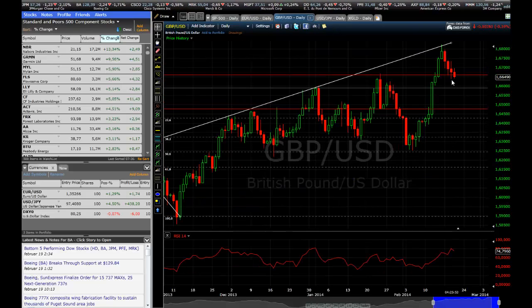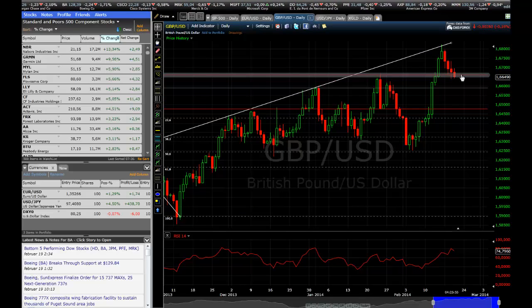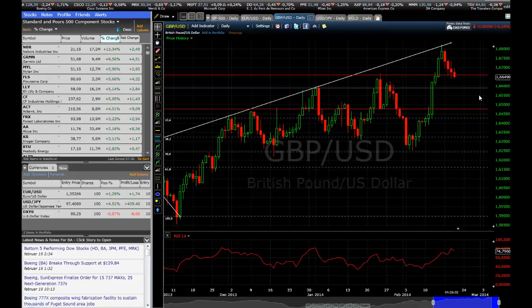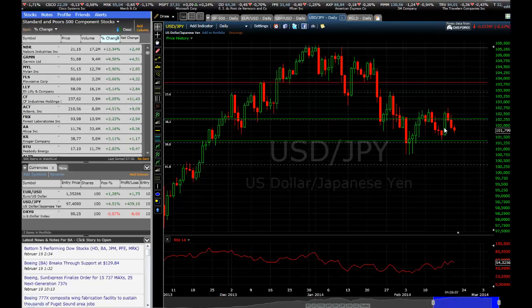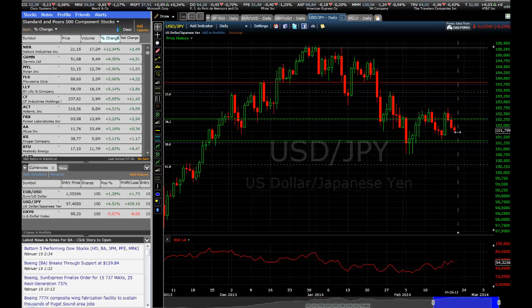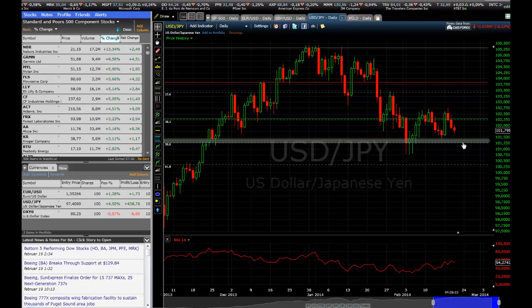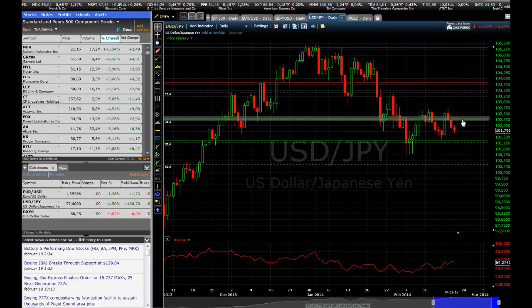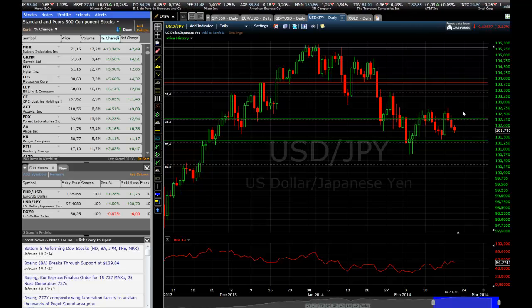The same situation we have here with the pound versus the dollar. It's below previous support, which has now turned into resistance at 166.60. After that, we have 165.65, which is now support. The exception here would be the yen versus the dollar. The yen gained some strength yesterday, following some economic data from Japan. It's still trading in a range between 101.30 and 102.30, with a further resistance at 102.60.